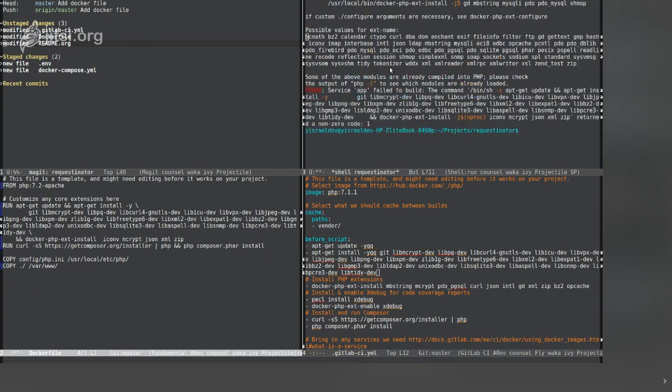Some of the above modules are already compiled in PHP. Please check. Okay, so it's IConv here. Encrypt, I think it had a problem with M. IConv is okay. So IConv I don't need to install. It's already compiled into PHP. And let's see, what about